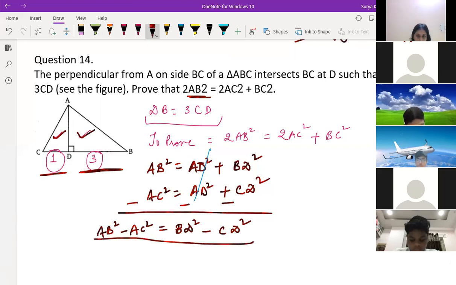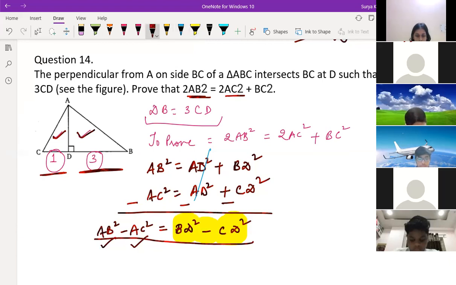Now AB square is coming and AC square is here. Something we try to put values here, we should get in AC form. AC is already here and AB is also here. So can we write these two things in BC form, children? Tell me, Drishi, what can we write for BD in BC form? Can we write something? Try.